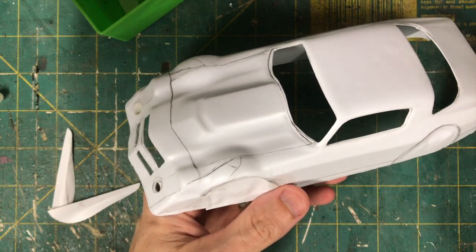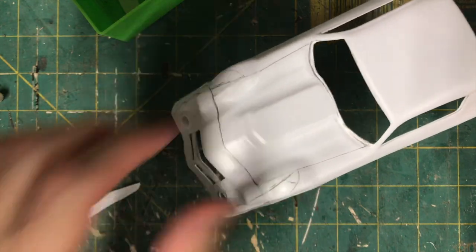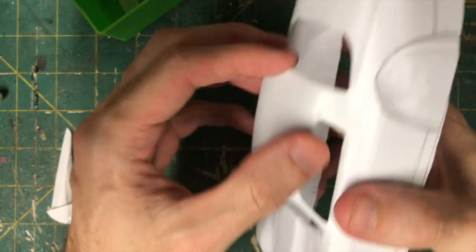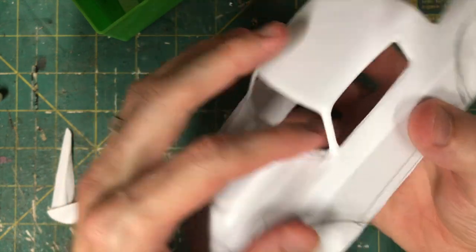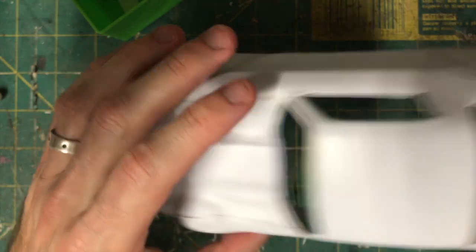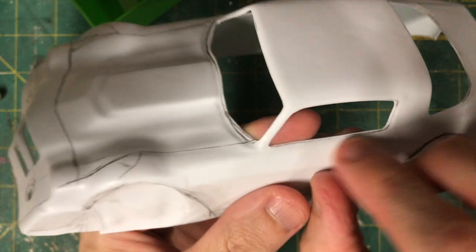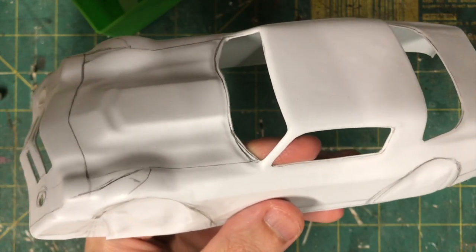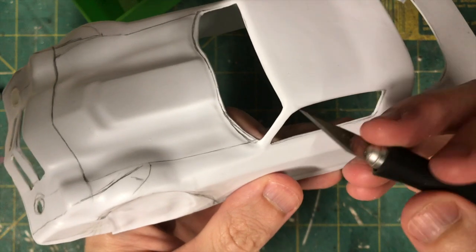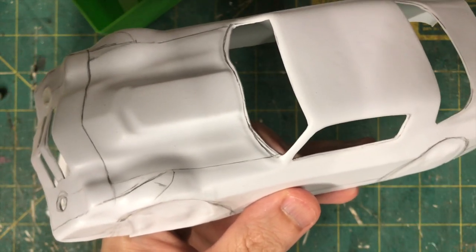Okay, so here we are with our progress so far. On our last video, I just roughly took out the windows and got all the material out of the windows. So I've gone back and fine-tuned and sanded. I took out the bulk of the material with a hobby knife, like this, and then I just went back and I used these